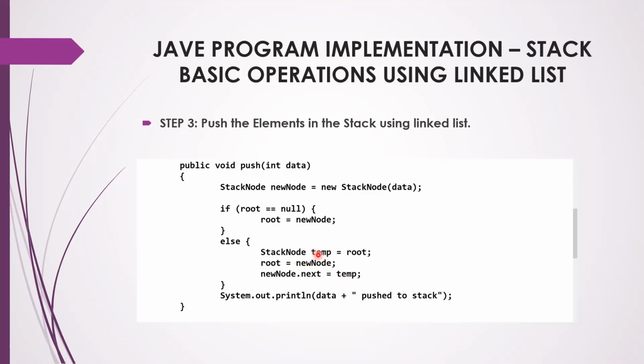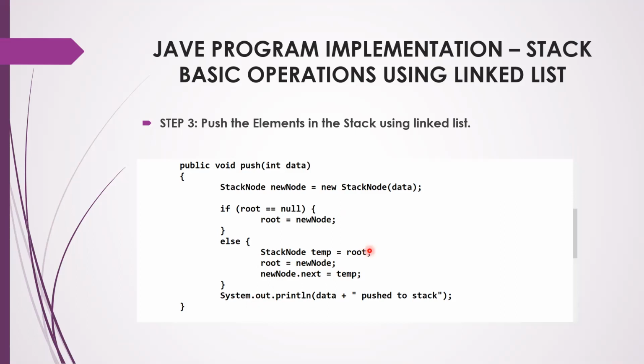So first you store root in a temporary variable so that the root node is not lost. And then you make the new node the root, because you have to make the new node the top node, right? Now you make new node next equal to temp. If you make it temp, it is actually pointing to the previous root node, right? I will explain with the diagram in the next session. If you want more clarity, we can go with higher-grade programs in the next session. I will explain with the diagram also if you don't have clarity now.